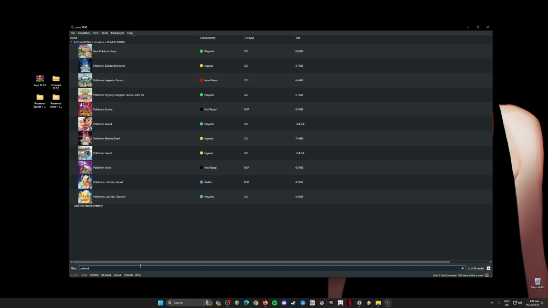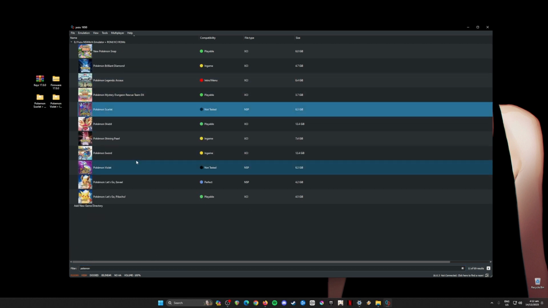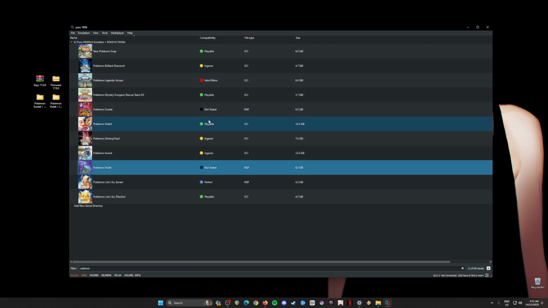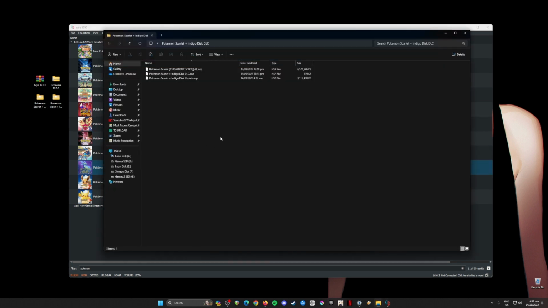And also, I'm just going to show you guys that I have Pokemon Scarlet and Pokemon Violet. This is already updated with the Indigo Disk DLC, and the file size of the game is 6.3 GB. I'm just going to show you here the Pokemon Scarlet and Pokemon Violet base game, DLC, and the update file. You will need to have all of these 3 files to be able to play the